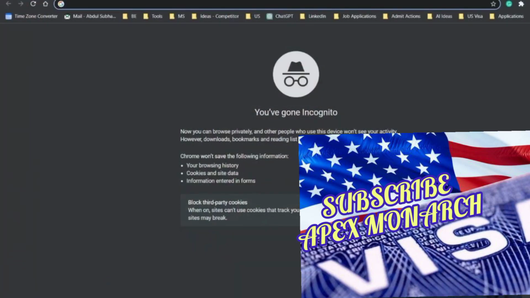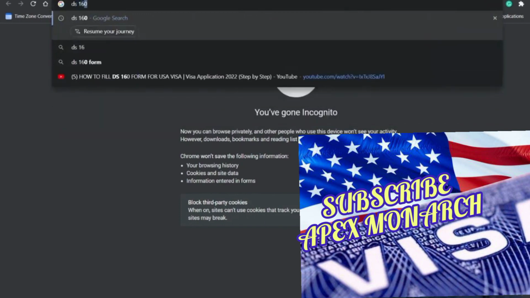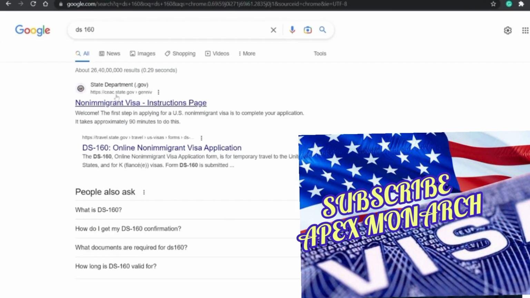Okay, I'm going to start with the application. First, let me search for DS160. And here you can see this is the website. I'll also share it in the description. CEAC, State Government. I'm just opening it